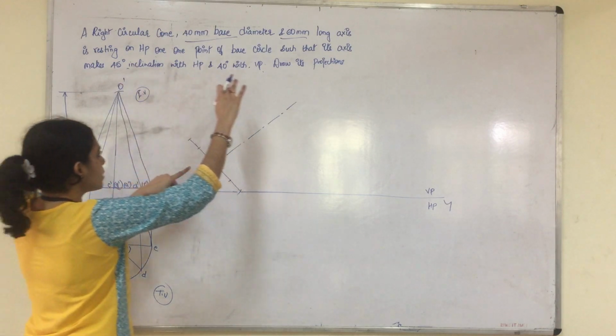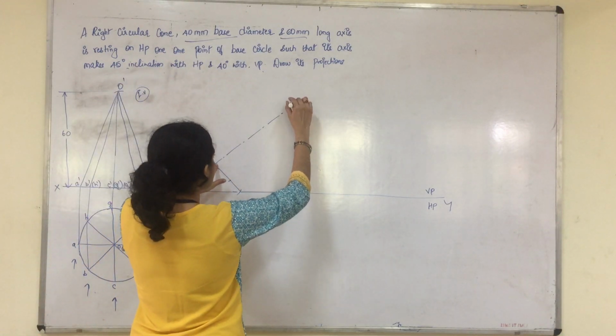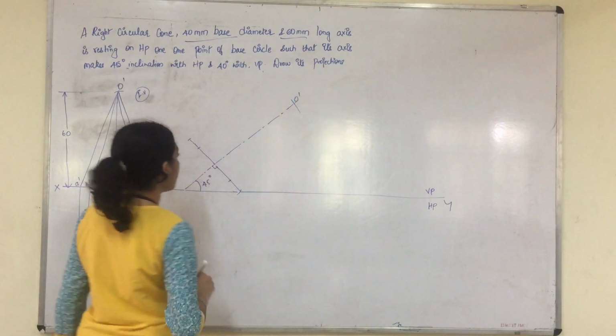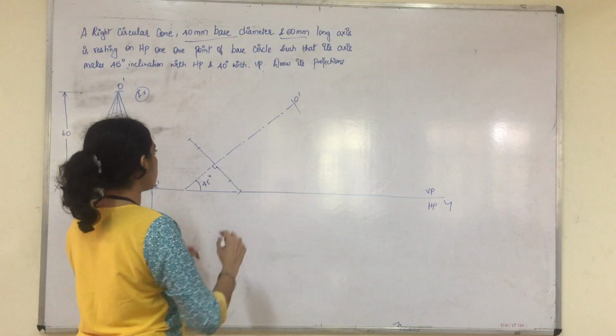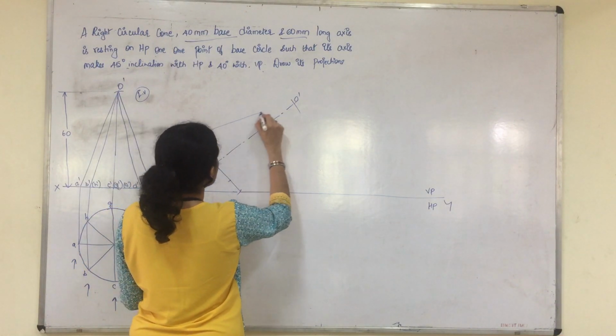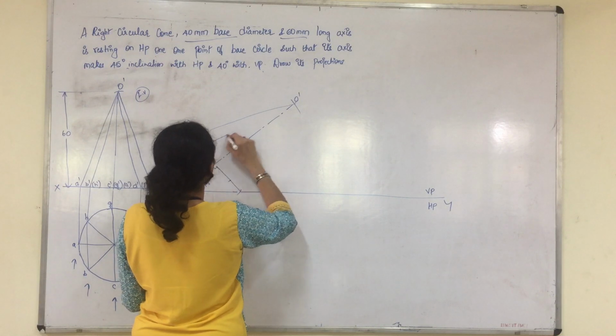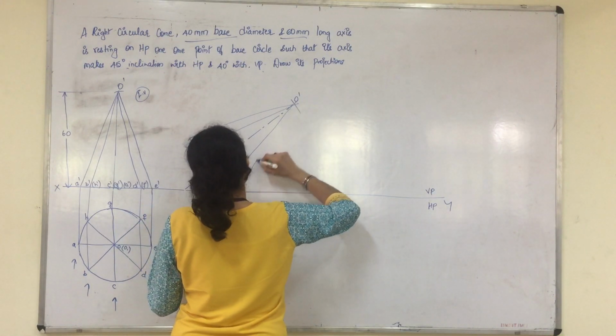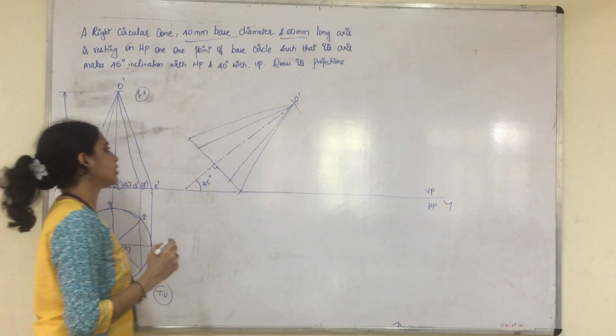Using the compass, keep the same distance here and cut an arc. So where it meets will be our O dash. Once you get the O dash, you will join each and every point marked on the baseline to our apex without fail. Don't forget to join any one of the lines.